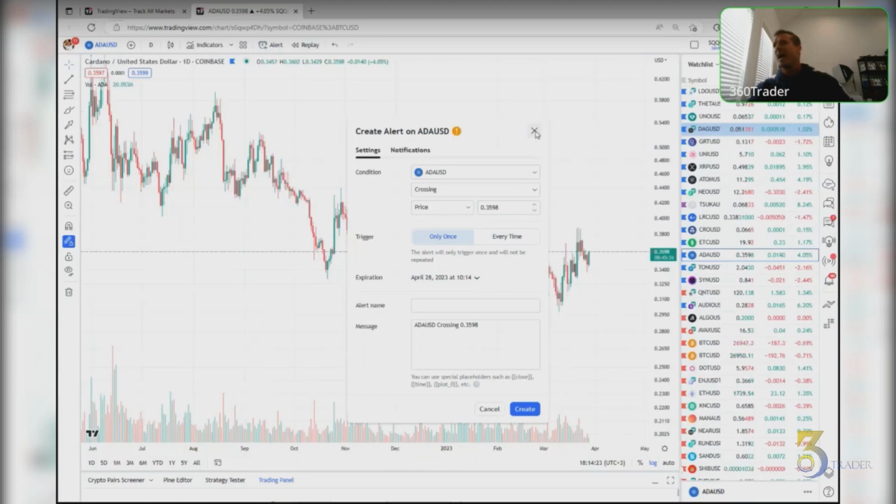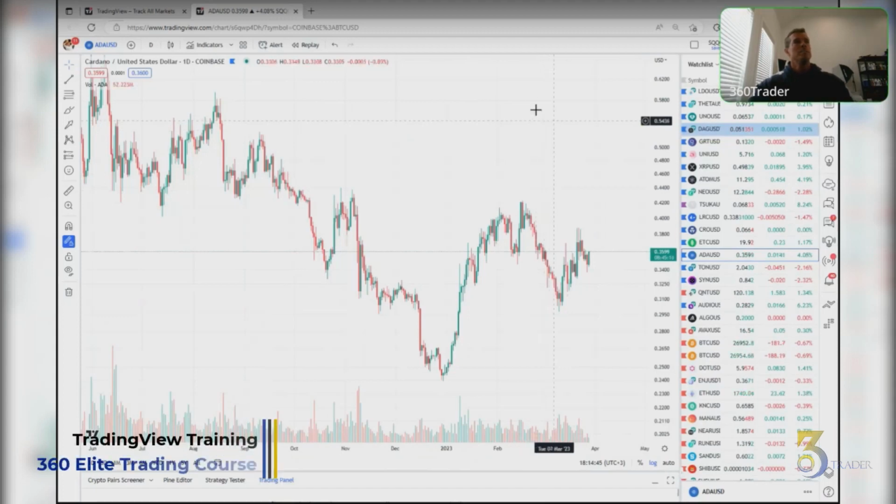I don't do that a lot because I am the 360. I'm constantly checking. Whether it's on my phone, I always have TradingView open on my phone. Everywhere I go, 9 times out of 10, I'm always checking. If I'm asleep, it's not like I want it to alert me. I usually have an execution already entered in the system. So that's very simple.